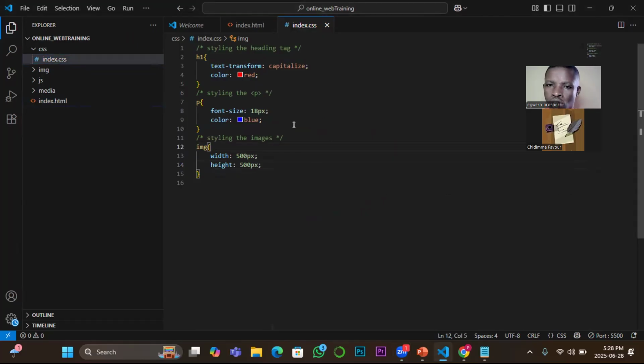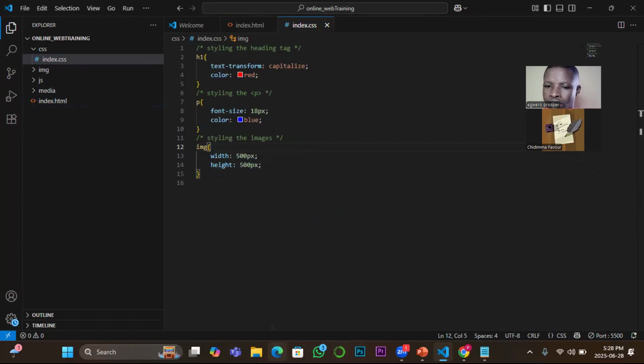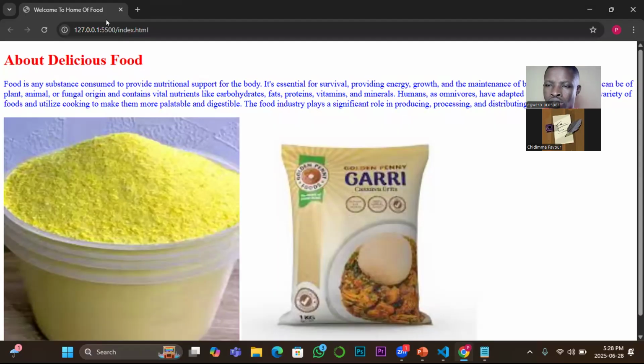Okay, now let's continue. If you look at the front end, you will notice that we still have a couple of things to put in order for us to have a more user-friendly web page. This "about delicious food" text, I want to move it to the center. So in other words, right now I am continuing with